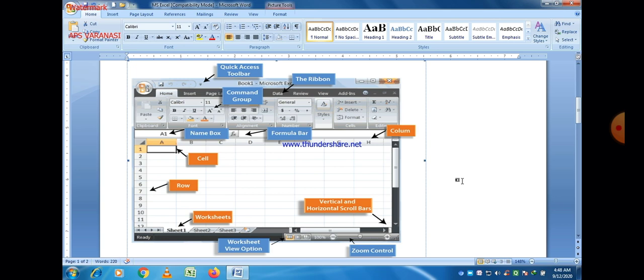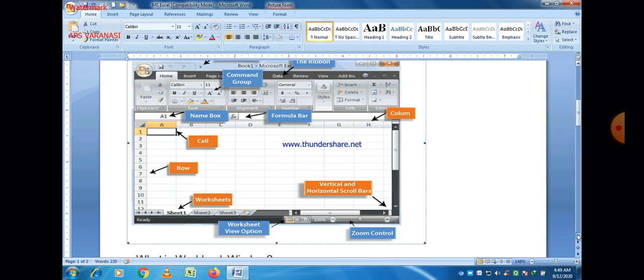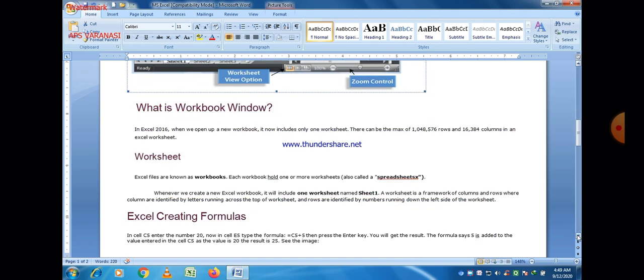In MS Excel, basically we apply different formulas in different cells to find out any result. For example, if we want to find out the percentage of a student scoring in 5 different subjects, then we can apply the formula for percentage. Or if we want to find out the total number of students in our class, we can also apply a formula for that purpose.